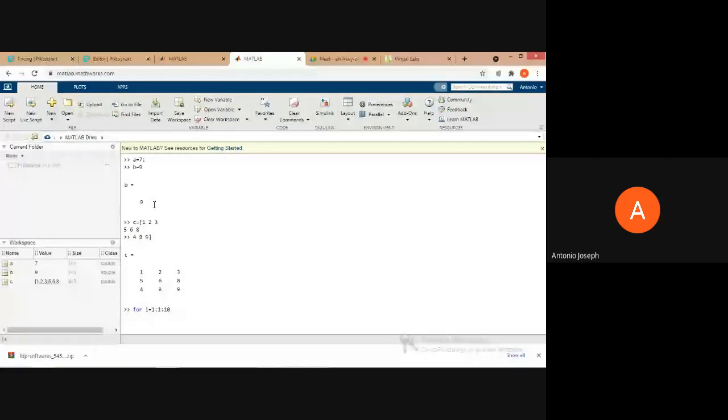Okay, we can assign x is equal to a plus i. Sorry, you can give x in matrix form, i equal to a plus i.